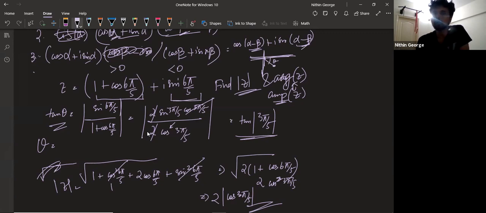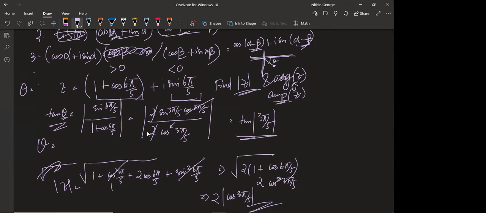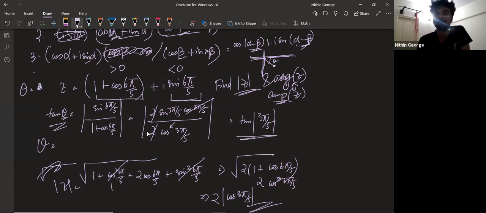Okay, but here you have 3 pi by 5. Tan of mod 3 pi by 5 is tan theta. So first I'll find the value of theta as the first quadrant angle and then convert it to whichever quadrant. So what is my first quadrant value of theta? Two pi by 5. Exactly. 3 pi by 5 is second quadrant, so to convert that to first quadrant, you simply subtract it from pi. So pi minus 3 pi by 5 is 2 pi by 5.